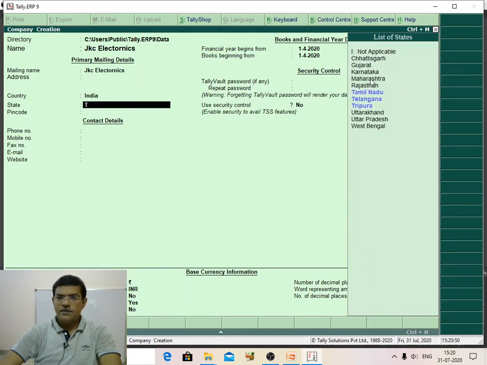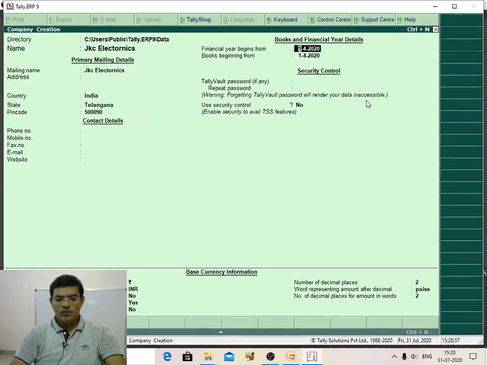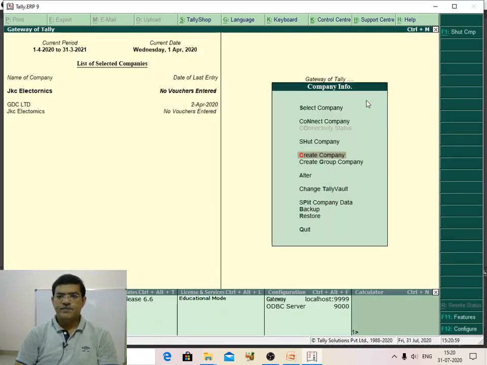State is Telangana. Address is, I will give my address. Like, you can accept the screen. So after creation of the screen, so what we can do is we have to create,